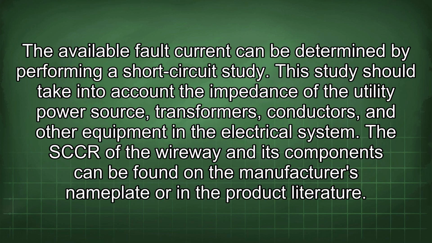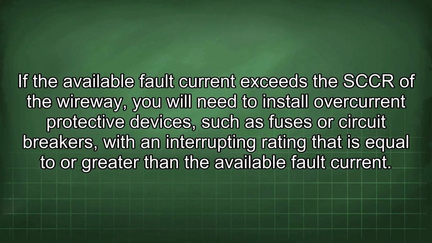The available fault current can be determined by performing a short circuit study. This study should take into account the impedance of the utility power source, transformers, conductors, and other equipment in the electrical system. The SCCR of the wireway and its components can be found on the manufacturer's nameplate or in the product literature. If the available fault current exceeds the SCCR of the wireway, you will need to install overcurrent protective devices, such as fuses or circuit breakers, with an interrupting rating that is equal to or greater than the available